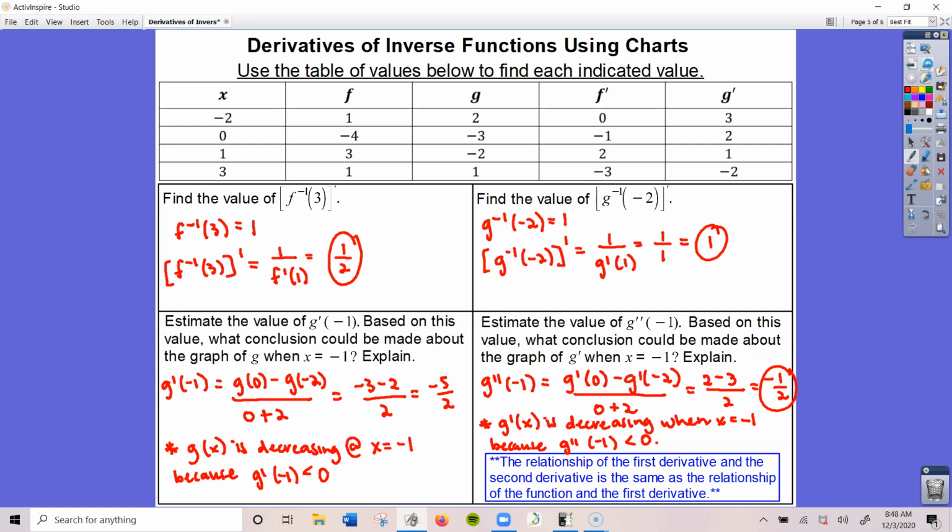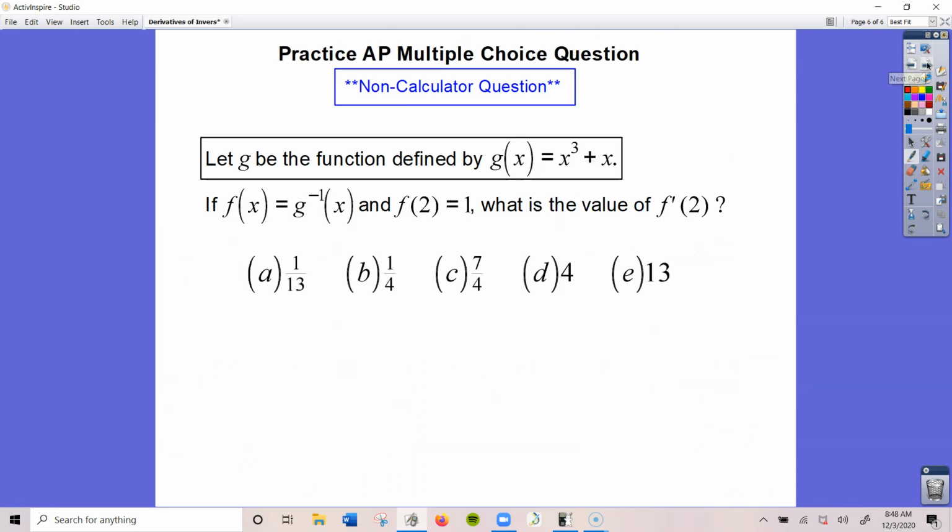Now let's look at one more question. We're going to look at this sample multiple choice question. If f of x is equal to g inverse of x and f of 2 is equal to 1, what is the value of f prime of 2? So we have to kind of break this down. We have a lot of information here to work with, but if we're looking for f prime of 2, that means that I am looking for,